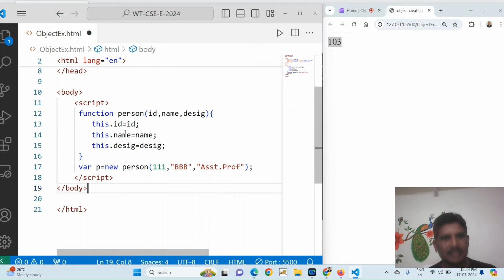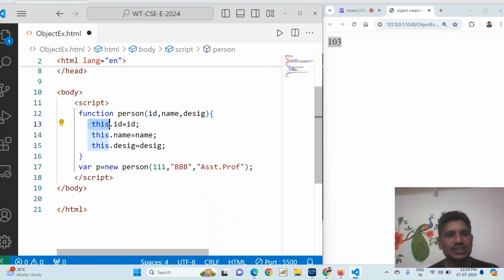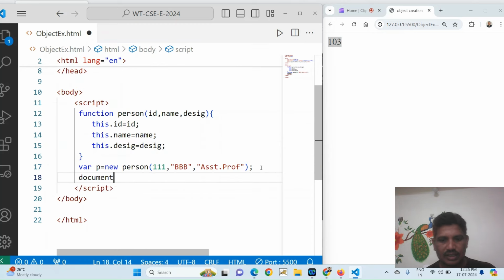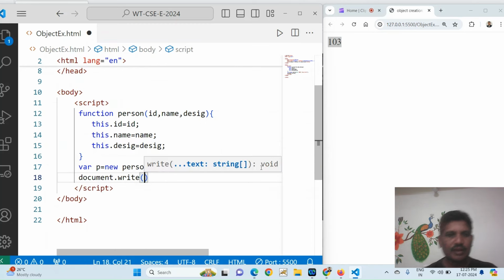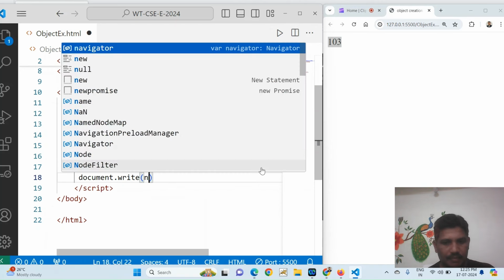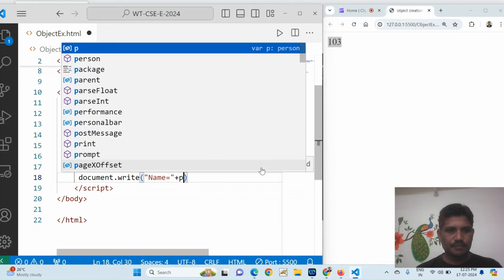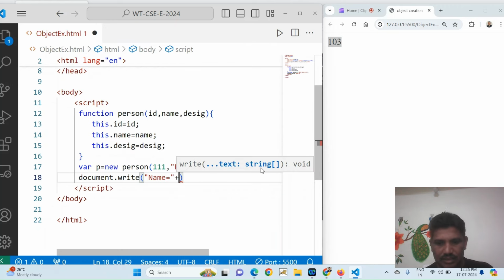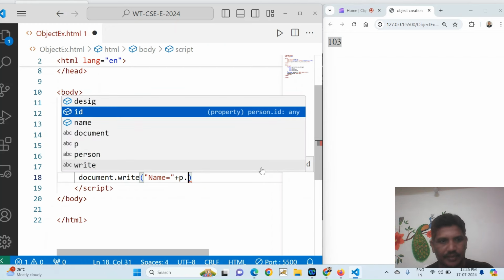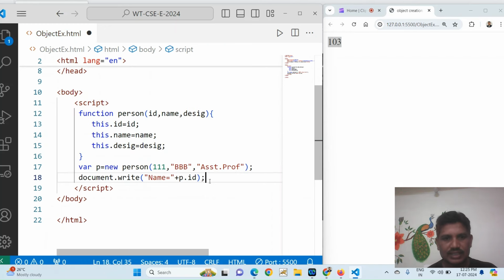Then the function will get executed. The this keyword refers to the current object. This dot id is different: id is a local variable, and this dot id belongs to the object. Then how do you call it? If you want to display anything over there, document dot write. For example, id equal, I would like to display the id over there. Then plus, then what is the object name? p dot id. Then like this, then document dot